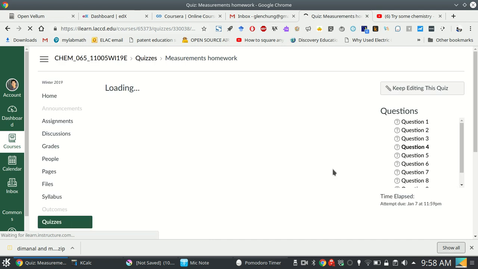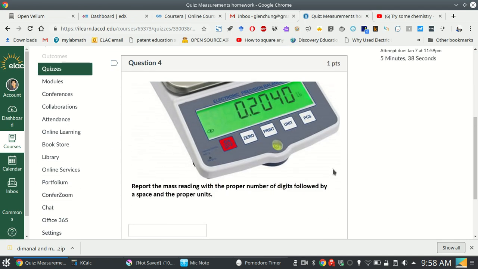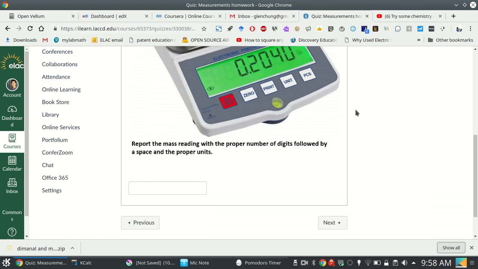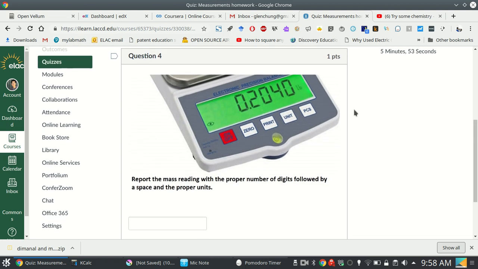How about this? So now this is a balance. You used one of these in the lab last time. What I need you to do is just write down all the digits. I need you to type all the digits. And I have problems like this in this homework because I've had students who would go to the balance and then write down 0.20, and then they would come back and they'd be like, oh, the mass was 0.20. But see, if you're going to use a balance, you have to write down all the digits, and the reason is if you write down 0.20, that means you're not sure if it was 0.204,